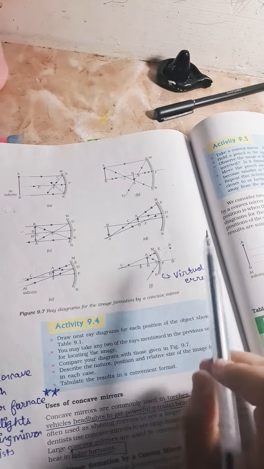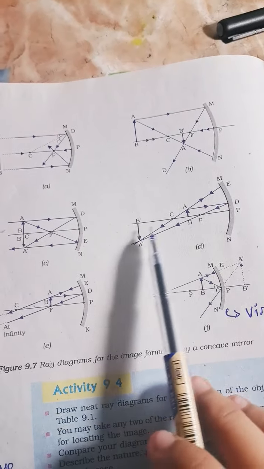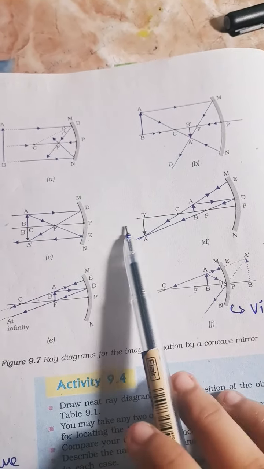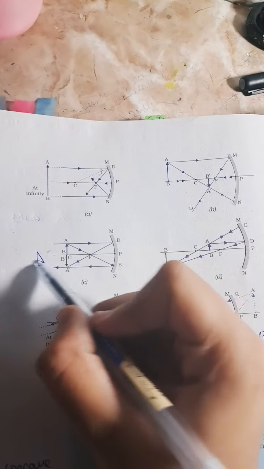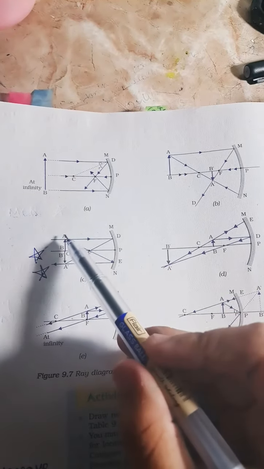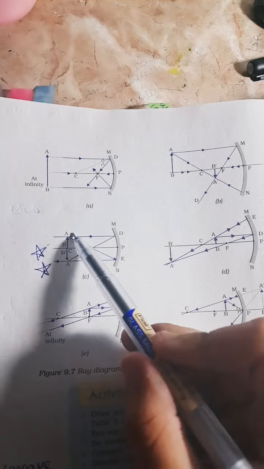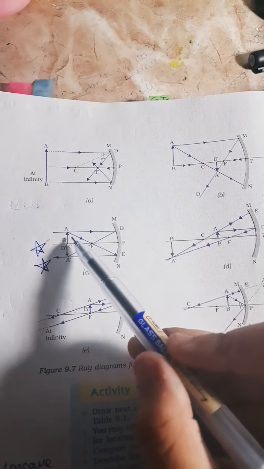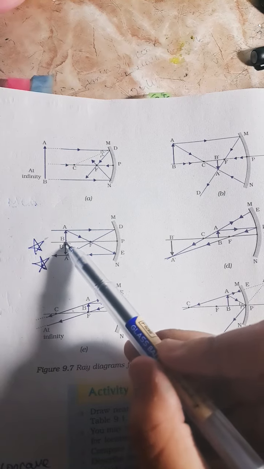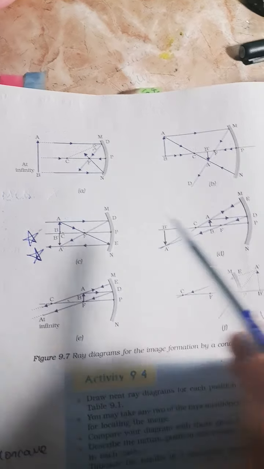These are for concave mirrors, and I've written virtual and erect over here. So look at where the object is being placed and where the image is being formed very carefully. This is a very, very important case. This comes as a question on in which spot the object is placed and the image is formed at the same size as the object. That is going to be at center of curvature, right? So that's very, very important. That's a very, very important case.